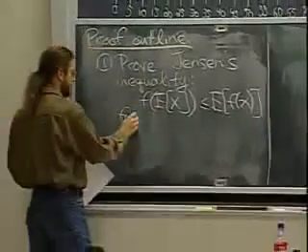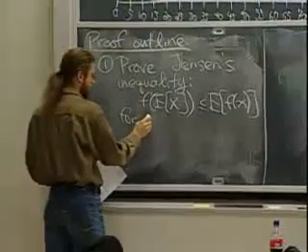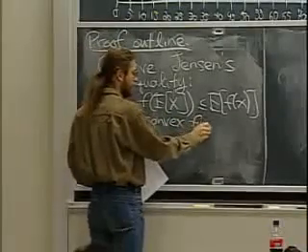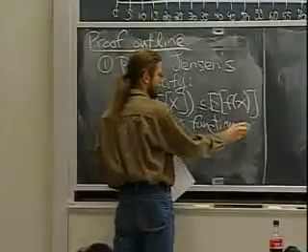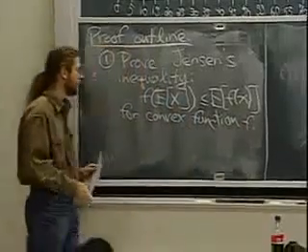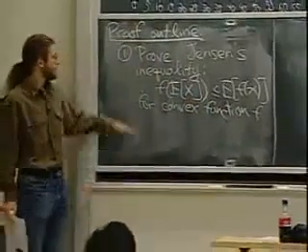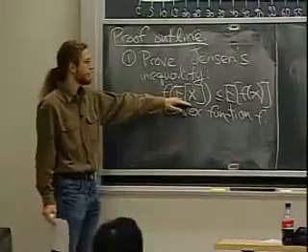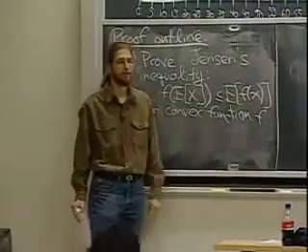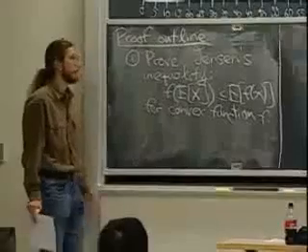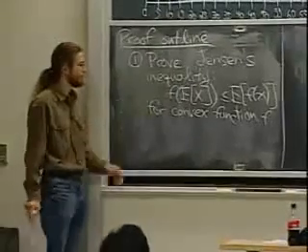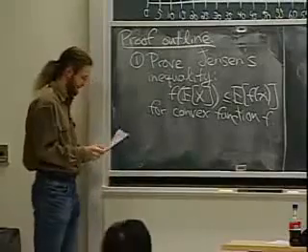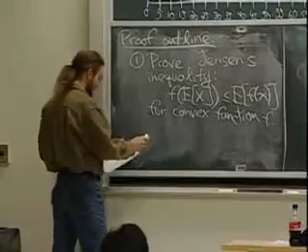So the lemma says that if we have what's called a convex function f, and you should all know what that means, but I'll define it soon in case you've forgotten, and we have a random variable x, then f of the expectation is at most the expectation of f of that random variable. Think about it enough and draw convex functions. That is fairly intuitive, I guess. But we'll prove it. What that allows us to do